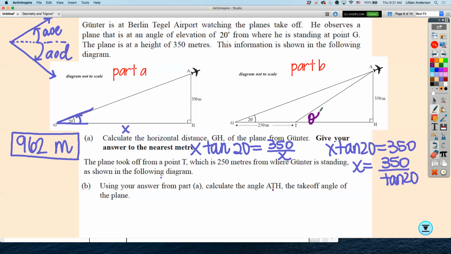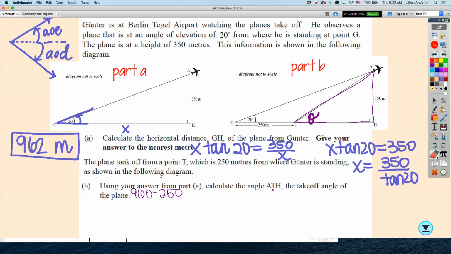All right. Only downside is in this triangle right here, I only know, or at least right now, I only know that 350. I need another side length in order to find that angle. You subtract 962, well, the whole number of that, and you subtract it by 250. Exactly. I need to subtract 250 from my answer